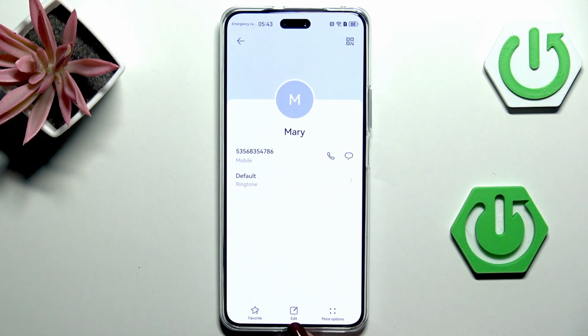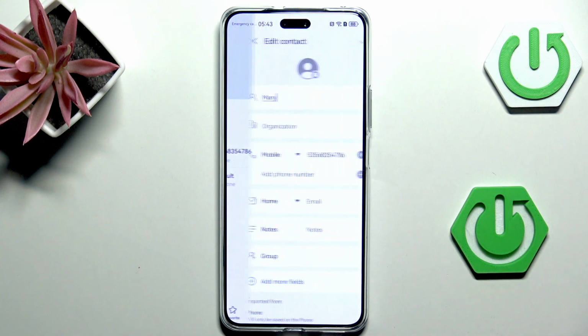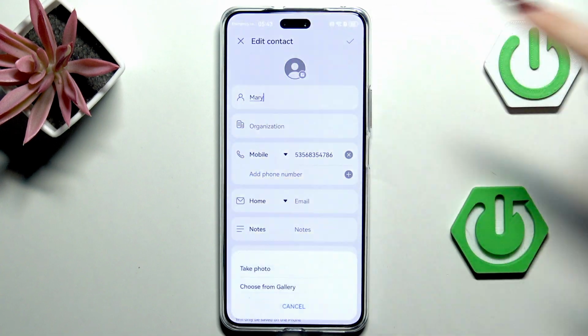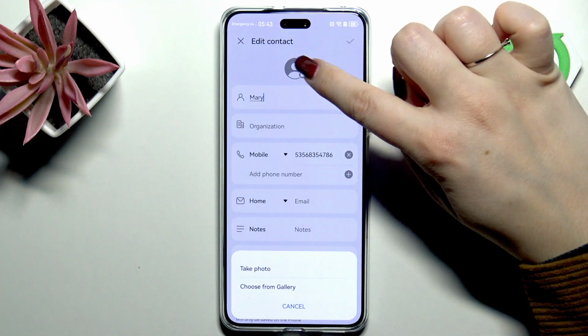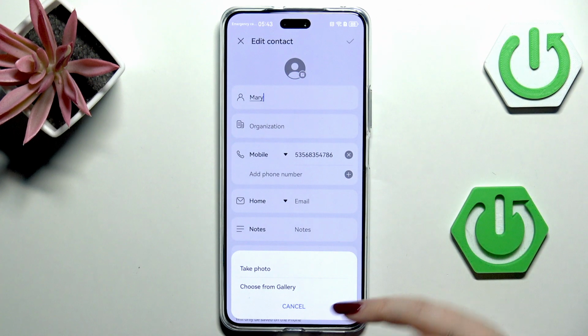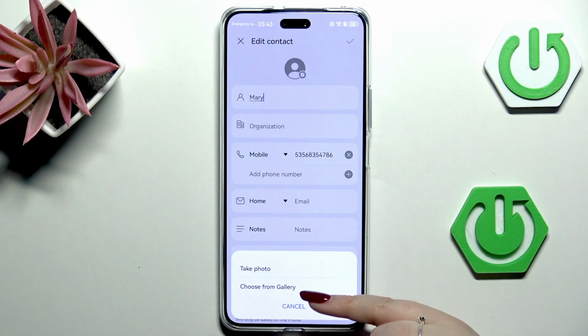So this icon right in the middle. And tap on this edit icon. Sorry, not edit icon, the profile picture. And now we can either choose the photo from the gallery, so from the pictures that we've previously taken, or